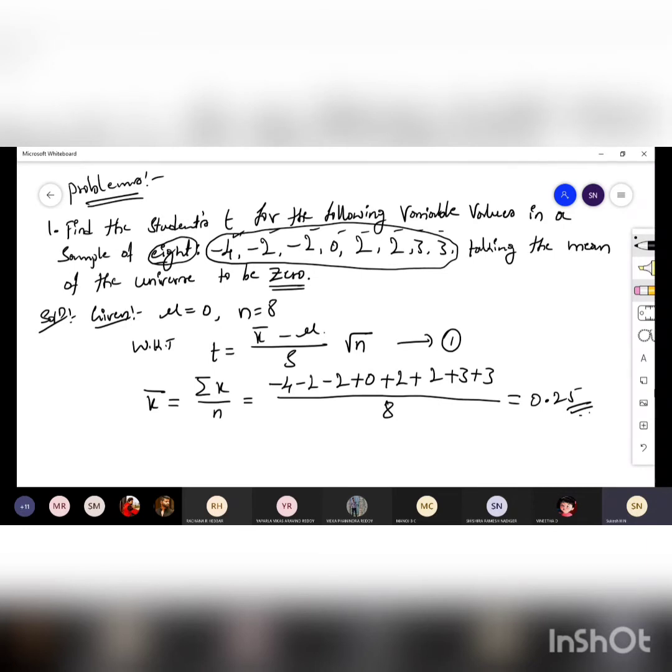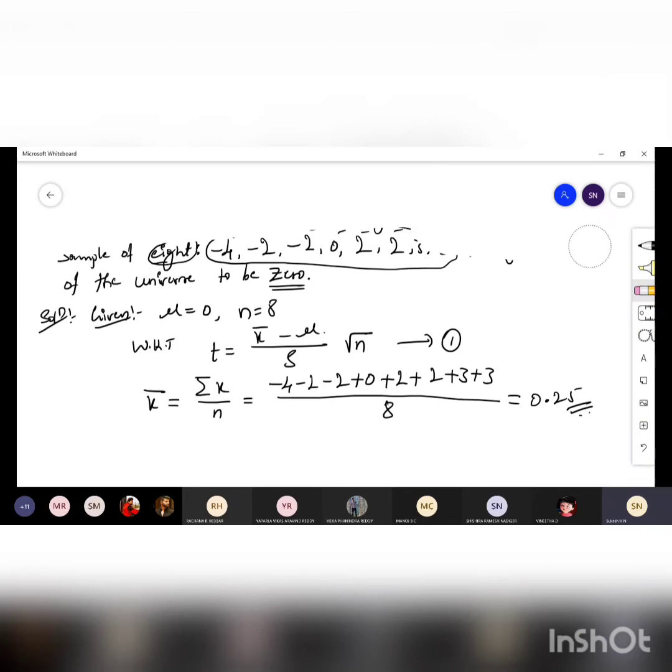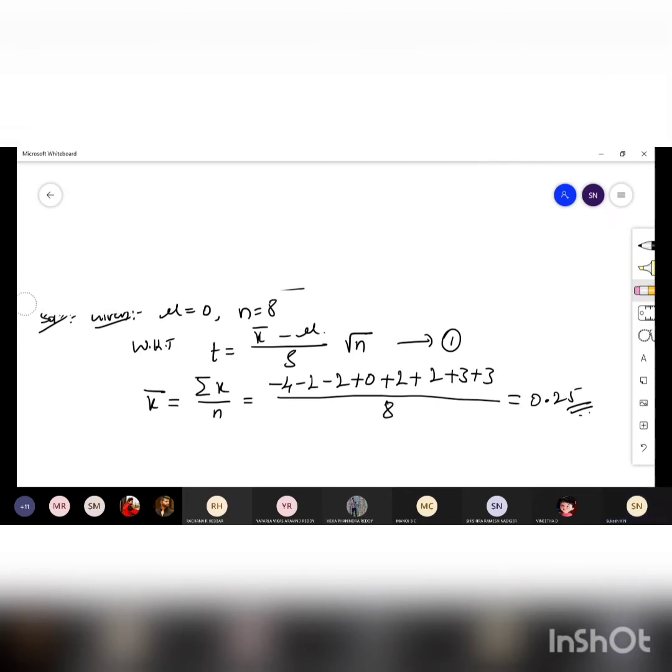So now what is our aim? Our aim is to find out the value of s. So how to find out that s? I have already given that formula. So s is the sample standard deviation. We know that s square is equal to. So let us take. After this, please all of you write from here. So now we need s square.